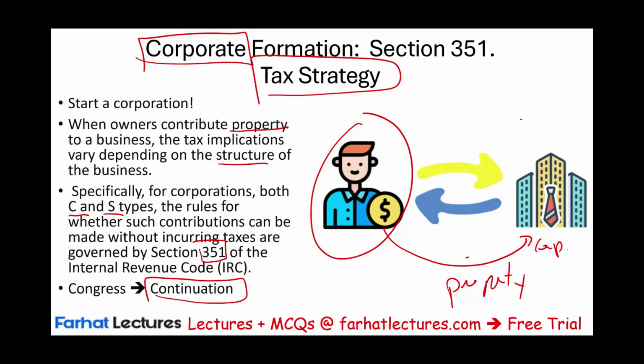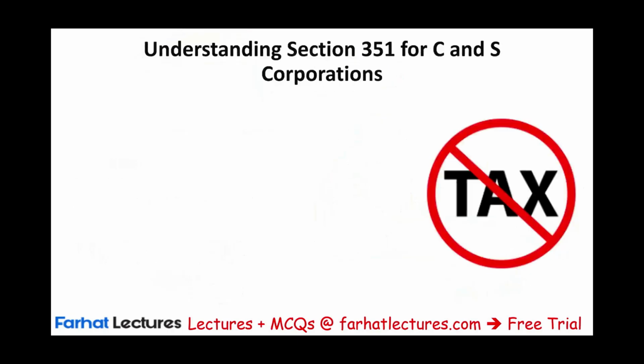If you qualify under Section 351, we assume it's a continuation. All you're doing here is taking your asset and turning it over to the corporation that you control. This is important. Therefore, you still own those properties. They're still yours. Therefore, there are no tax consequences. So understanding Section 351 is important to avoid paying taxes on such a contribution.